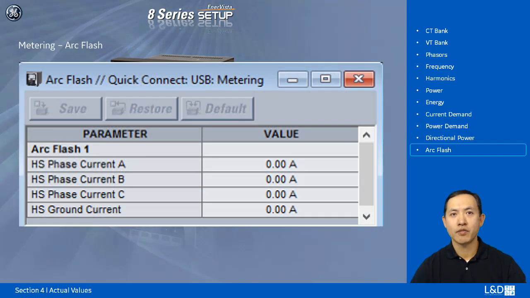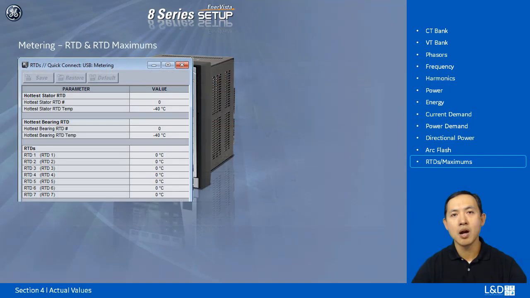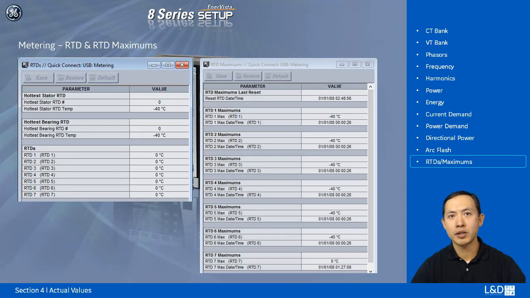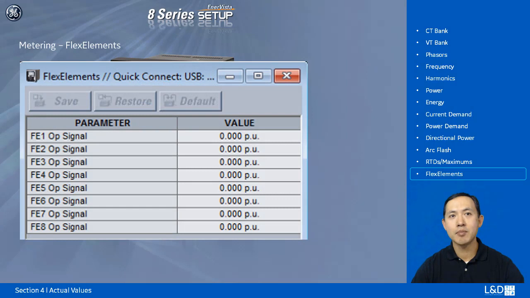When arc flash is available in the order code, metering will show the arc flash high set current. RTD and maximum RTD temperature can be displayed in the Celsius or Fahrenheit degrees. The selection is made under Set Points, Device Installation, Temperature Display menu. Flex element operation signal values can be displayed if they're being set up in the Flex Logic Flex element. This will be covered in the training modules